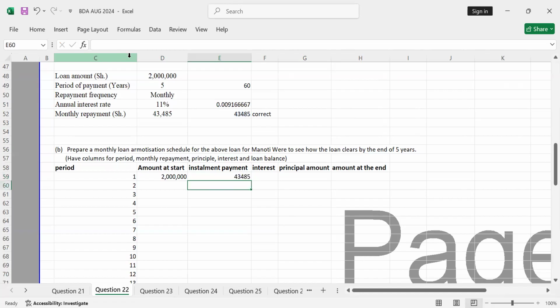Once you do that, you'll also look for the interest. Interest is given by the interest rate. Remember, it is going to be a constant amount. Therefore, we can first lock the interest with Fn, F4. There are those where once you place F4, it will just work automatically. So I lock the interest, then I multiply by the amount at the beginning, the amount at the start, and I press enter. Then I proceed to the principal amount.